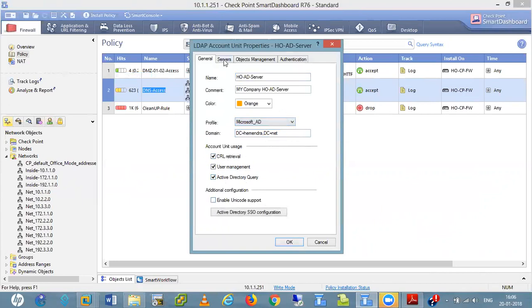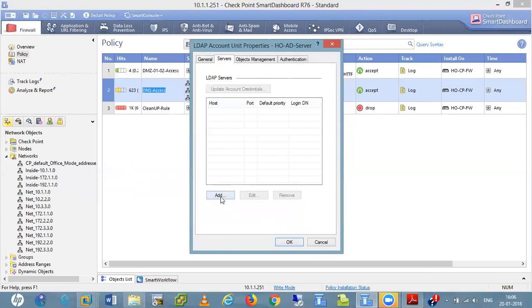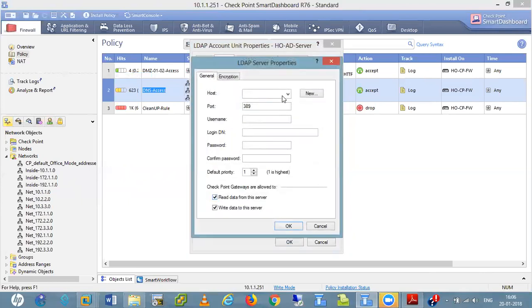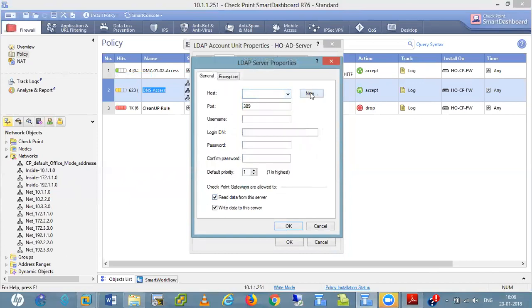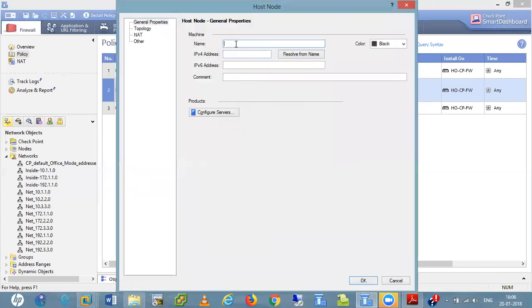Now I am going to my server tab. Here I add the IP address of my server. I don't have any object for it yet, so I create a new object. I give the name AD server private IP, 10.1.1.221.